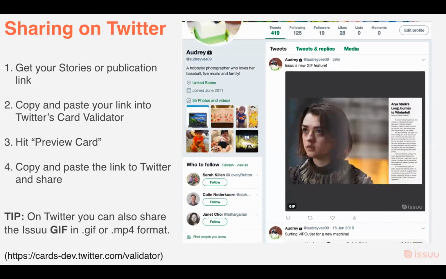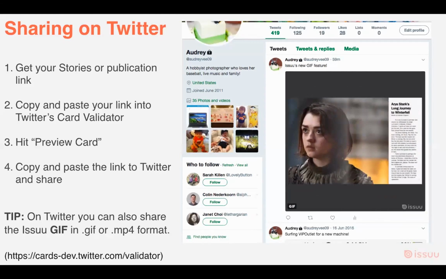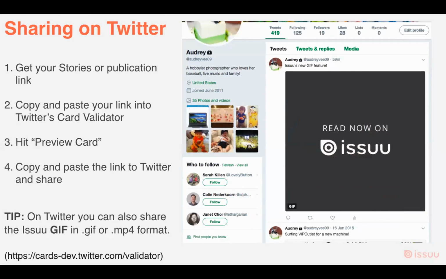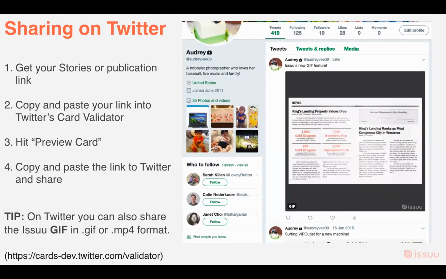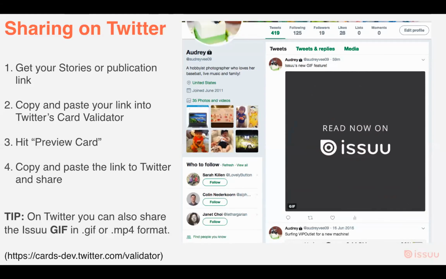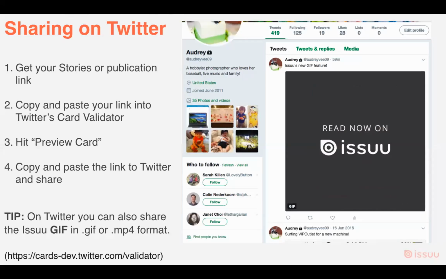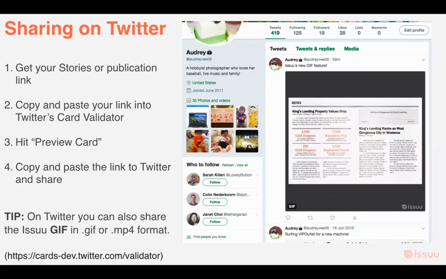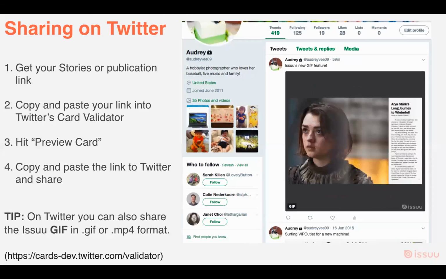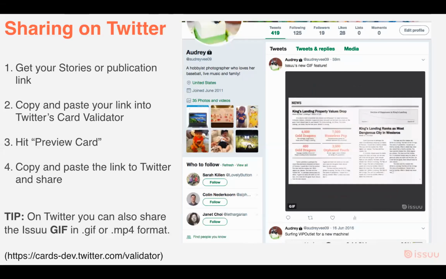You can actually just find these. There's a hyperlink at the bottom. It's the Cards Dev Twitter. You can actually just search in Google Twitter card validator, and I'm sure that will pop up. Once you have that, you just copy that link, post it to Twitter, and then you'll see what you see over on the right-hand side. It creates a great thumbnail, flashes through the different content available, and then all you have to do is put in the link to your publication to drive traffic to your new publication.